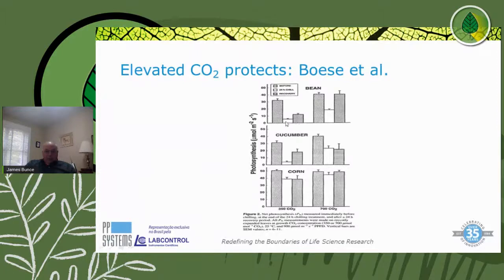And the first three are for plants at 350 parts per million, and the second three are for plants at 700 parts per million. So you can see that in all three of these species, there's less damage. The open bar is higher here at the 700 than at the 350. And that's true in all three species. And it's also true in recovery for some of these species, that recovery is better when the treatment was given at 700 than at 350. So this was the basis for thinking that high CO2 may protect